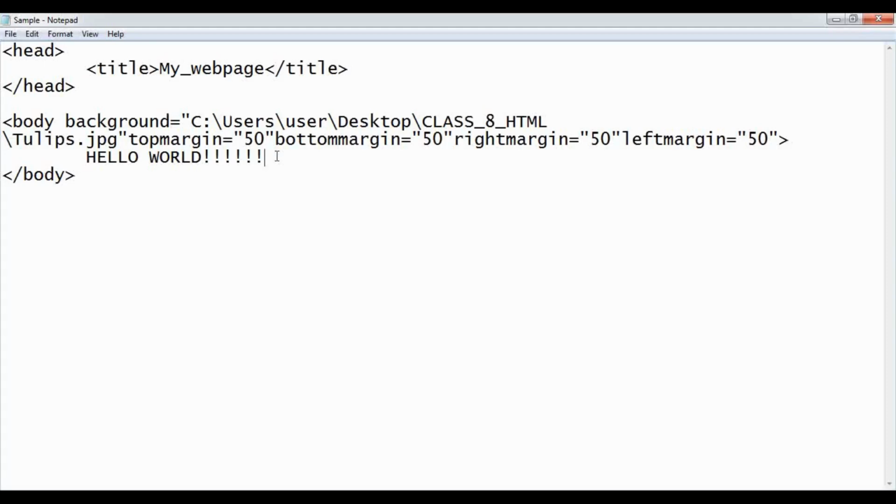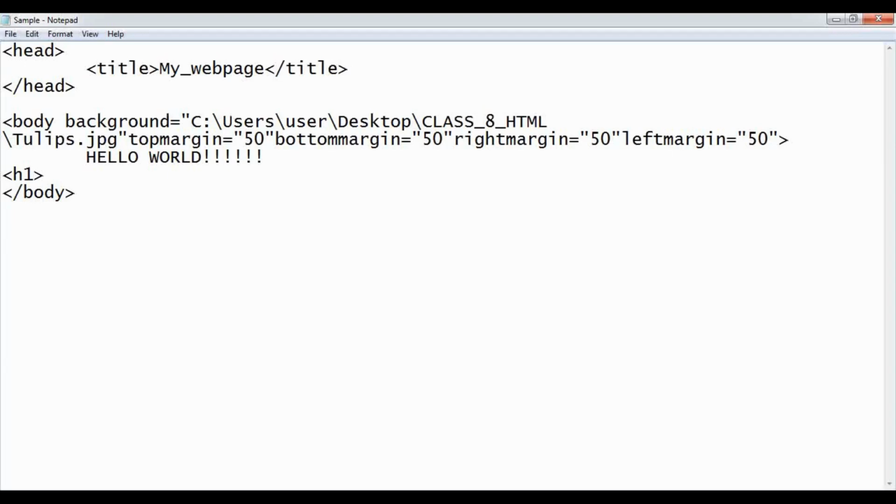Now after body tags comes the next tag, that is the heading tag. Children, heading tag is used to specify the headings of your web page. Whenever you are writing any heading to the web page, you can make use of the heading tag to write the headings. Heading tag is given with the tag H and followed by the number. So the number will decide the size of the heading. We have 6 heading tags, that is H1 to H6. H1 is the maximum size and H6 is the minimum size.